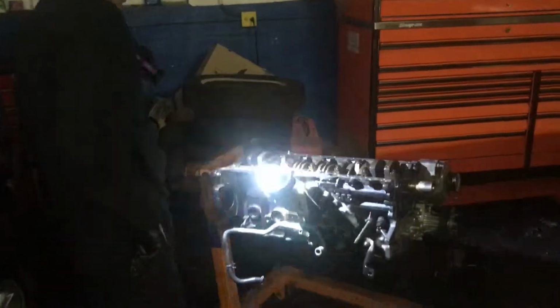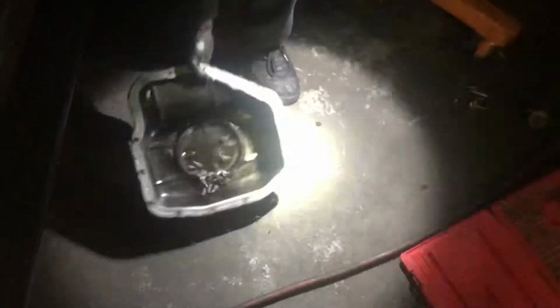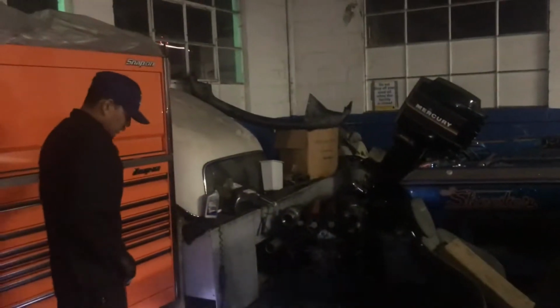Let's figure out where I'm gonna put everything. Okay. Because I have to let this cure. So let this cure, and then these are all the bolts for the sump. So I might as well let these all. Fuck, I can't leave them right